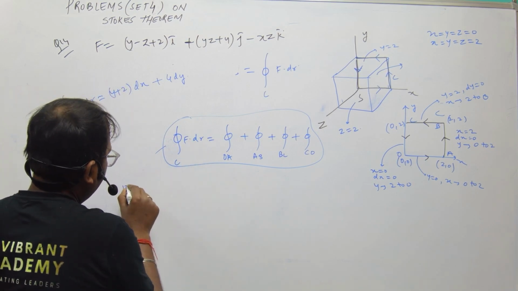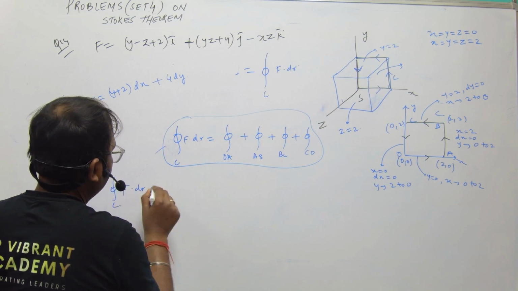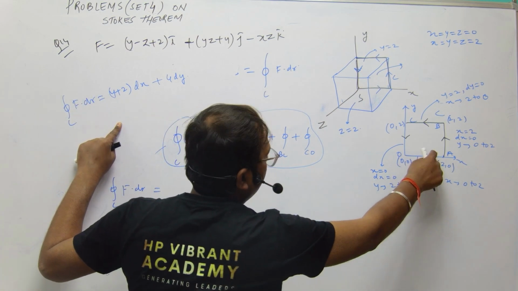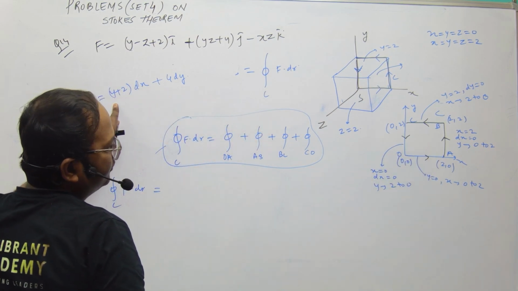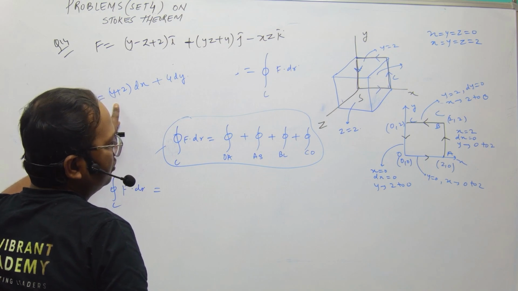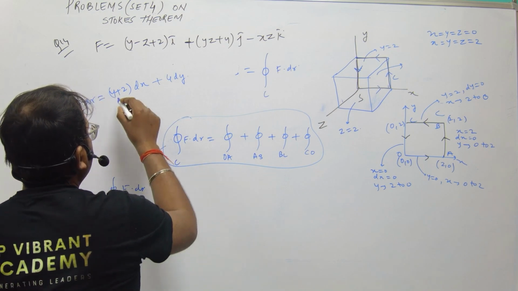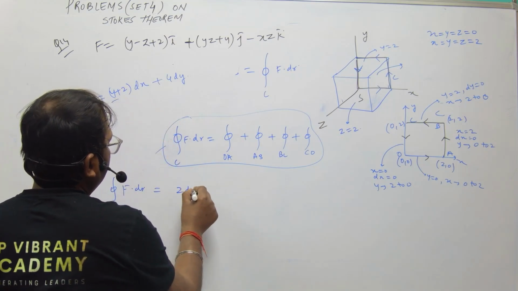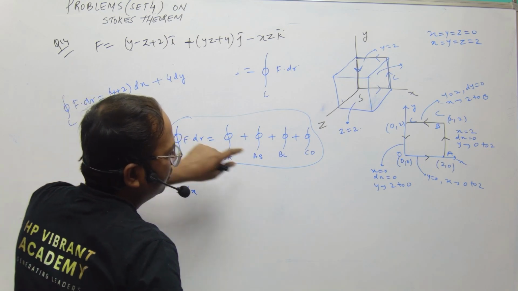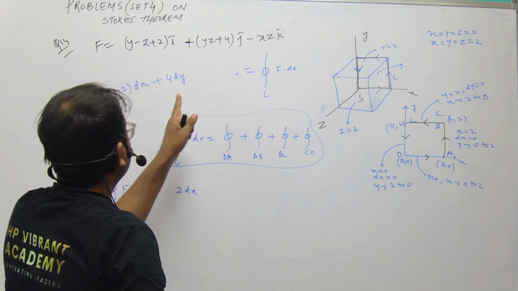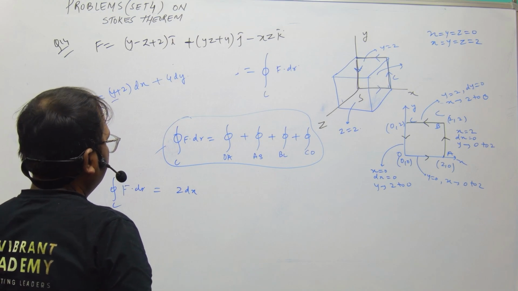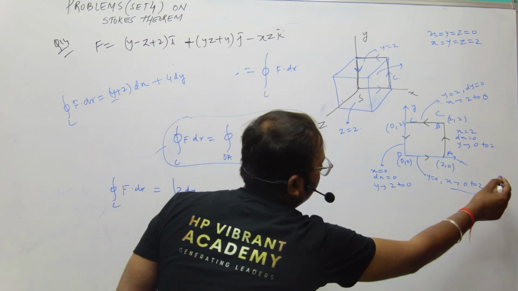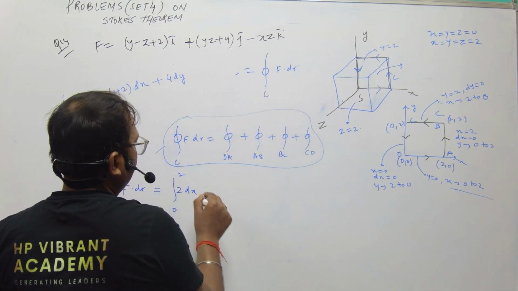So we have f dot dr along the curve C. This is equal to, along OA, let us place the value. Along OA we have y is equal to 0, so this will be 0 and we will be left with 2 dx. Y is equal to 0, so dy will also be 0. So this is 2 dx, and x varies from 0 to 2, plus